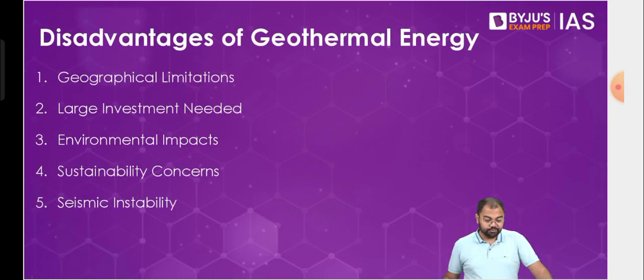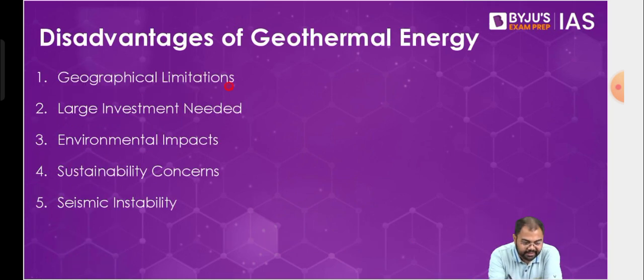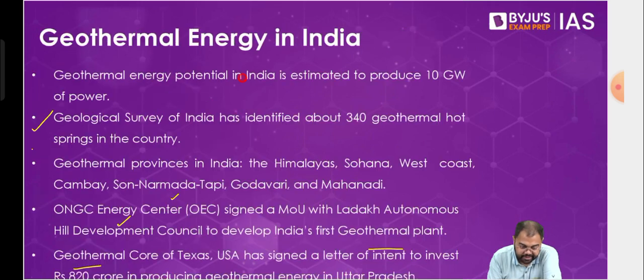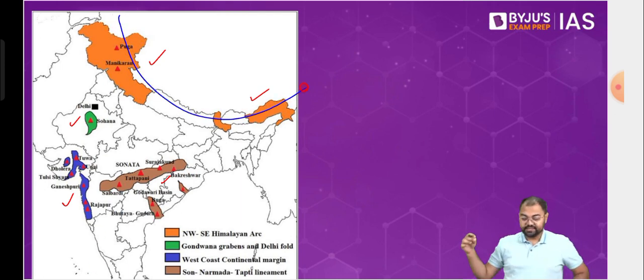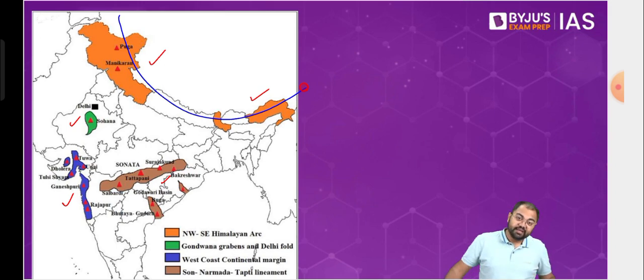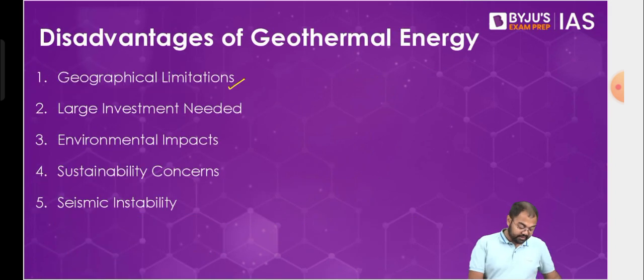Now, in case of some of the problems that we have, one problem could be that it has a geographical limitation, that not all the areas are equipped with geothermal energy reservoirs. There are certain areas, mostly you'll see that these areas run along the tectonic lines. For example, in case of India also, we know that the tectonic lines in India run like this. Right? This is the part where the tectonic lines run. So this is the part where the number of geothermal energy reservoirs are the highest. But it is very much geography dependent, because you cannot guarantee what areas will have geothermal energy and what areas wouldn't.